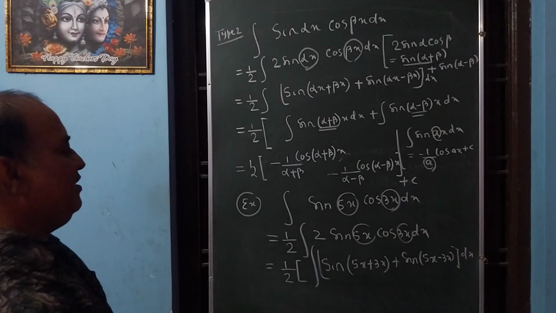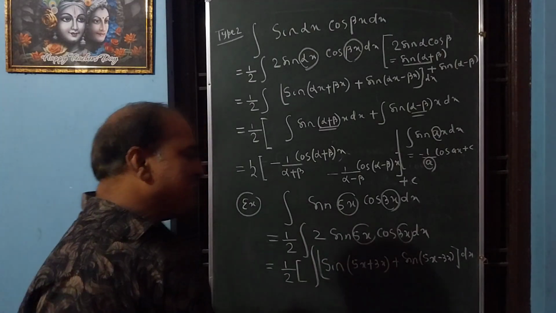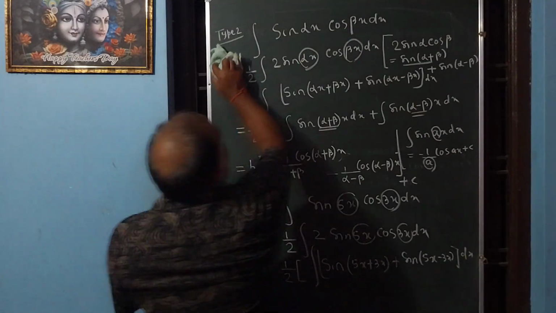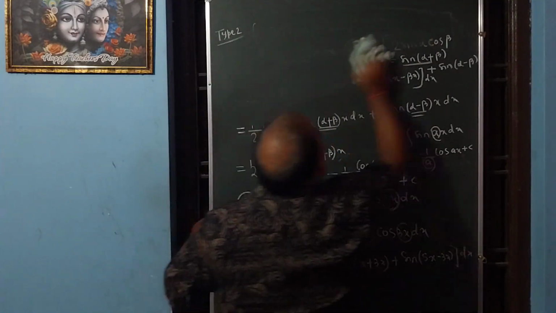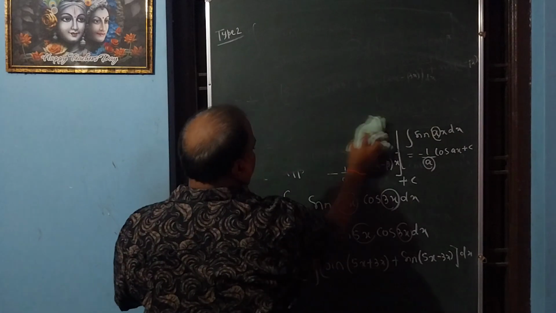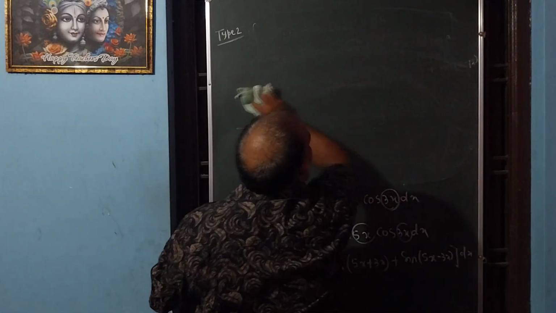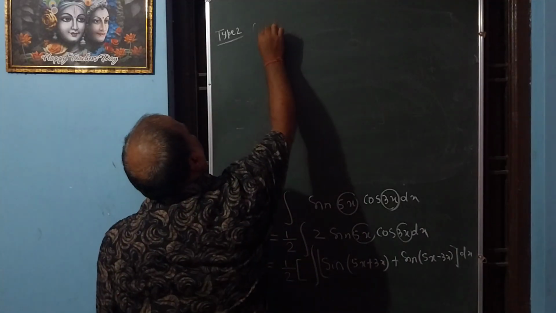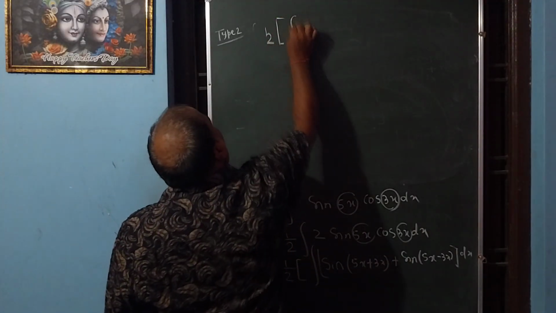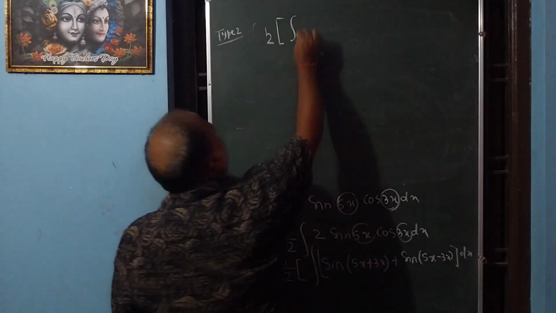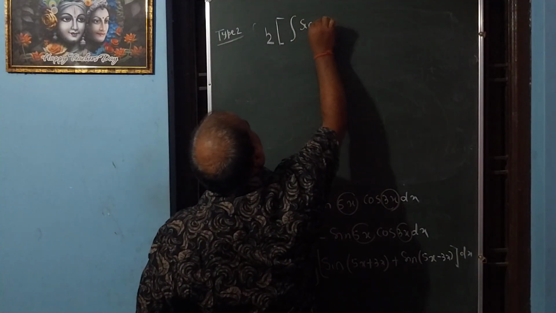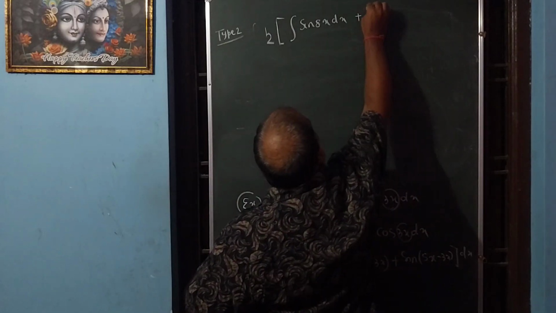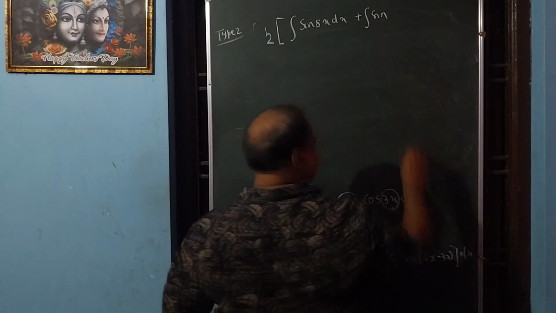So we get 5x plus 3x, that is 8x. 5x minus 3x, that is 2x. So we have to write half integration of sin 8x dx plus integration of sin